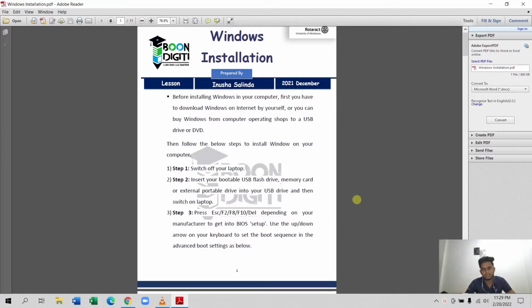So let's start with what Windows is and what an operating system is. Windows is a basic operating system. An operating system is a platform which lets you work with a computer. It is the platform through which the user can do any work within a computer. If you need to play a game, work in Excel, surf the internet, or do any sort of thing inside a computer,